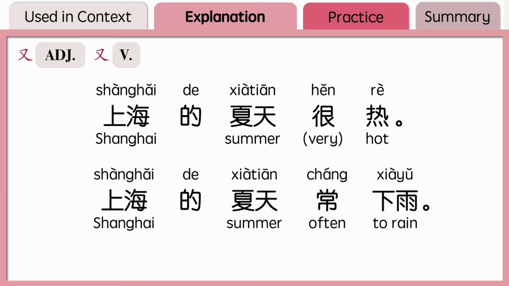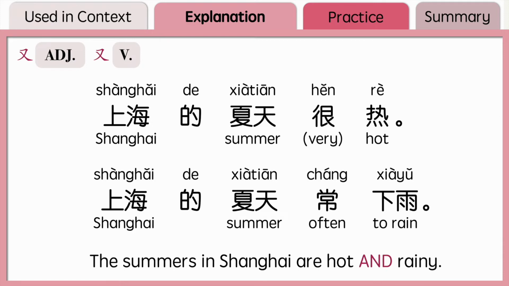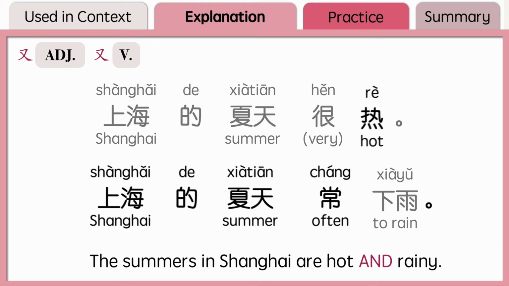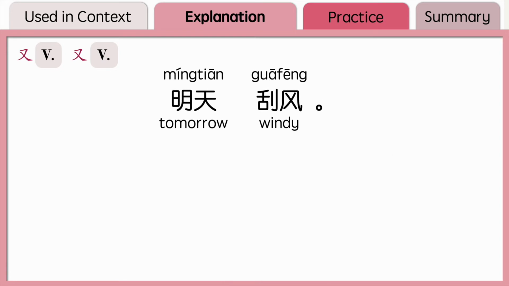上海的夏天很热。The summers in Shanghai are hot. 上海的夏天常下雨。It often rains during the summers in Shanghai. If you want to say the summers in Shanghai are hot and rainy, you can use the yo-yo structure to connect the adjective and the verb. So you can say, 上海的夏天又热又常下雨。